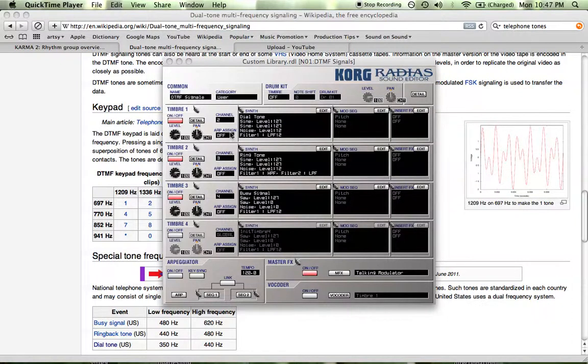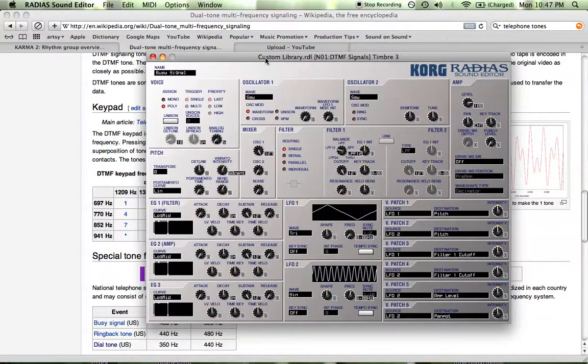Okay, this is part three where we're going to do the busy signal. Again, we're starting off with a clear timbre. Make sure to click the timbre 3 button on the front of the Radius. In case you've been wondering what we've technically been doing,